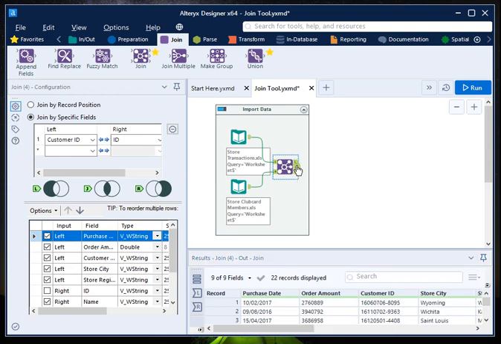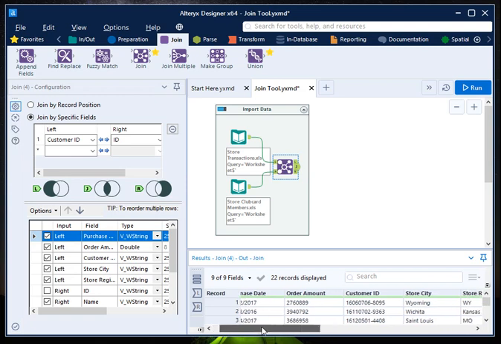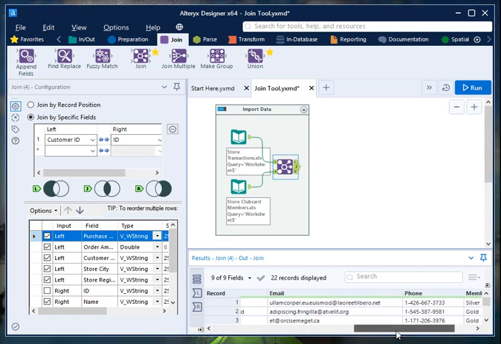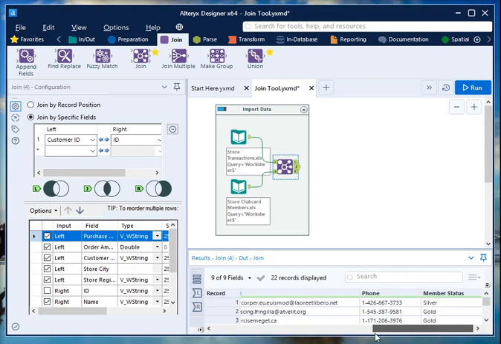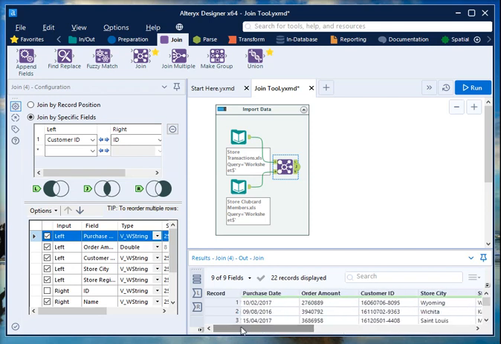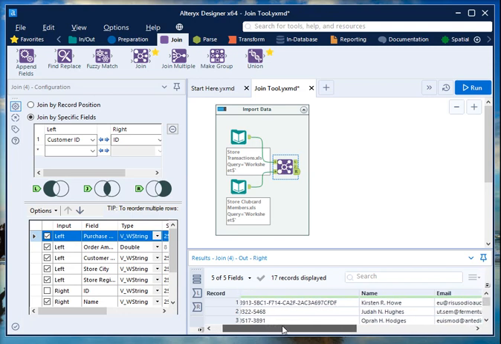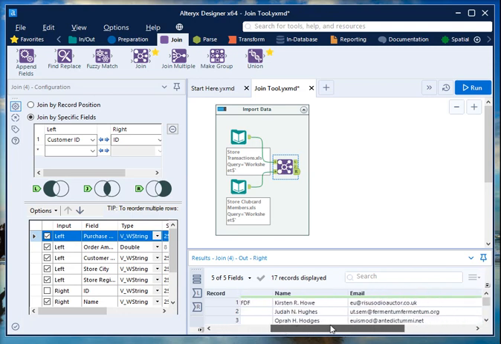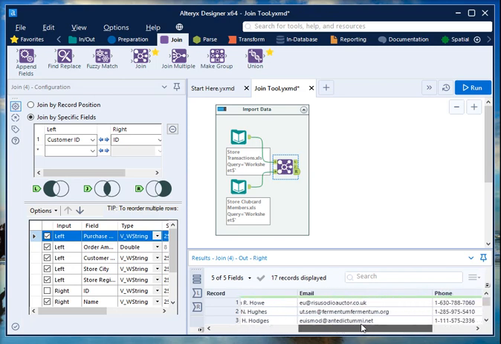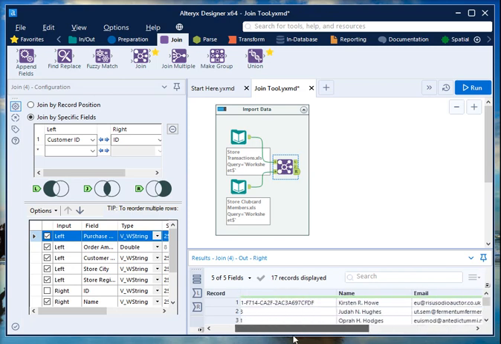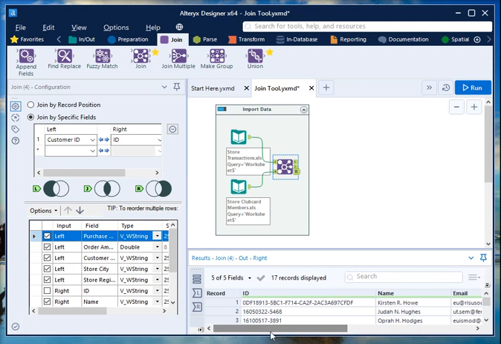Your join option will give you all the records which are present in right as well as left table, the common ones, and it will consist of all the columns which are present in right as well as left table. Right will give you all those records which are present in right table but not in left table, right? So these IDs are not present in your left table, so that has not been joined. So you can see that this particular option consists of only those columns which are present in right table and not in the left table.